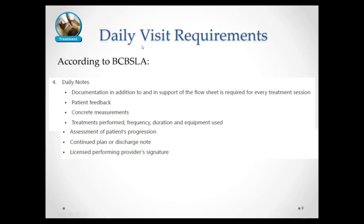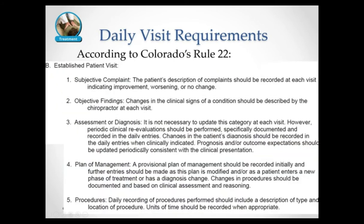Okay, and this is just one other authoritative source. This is Blue Cross Blue Shield of Louisiana, but there are many others out there. In the state of Colorado, they have this thing called Rule 22 in their statutes. In order to become a licensed provider in Colorado, you agree to Rule 22. And I know some of my friends over there find this to be burdensome, but actually I look at it